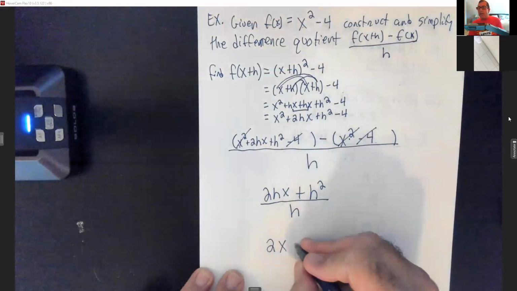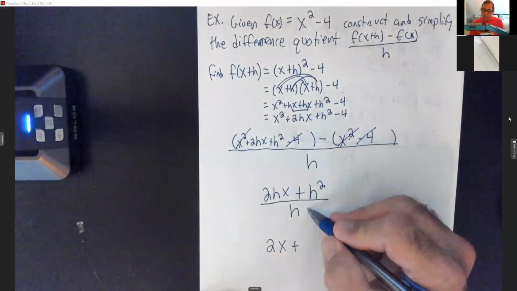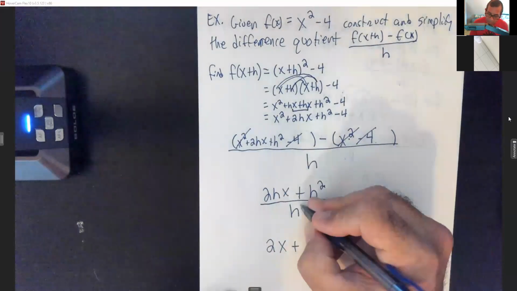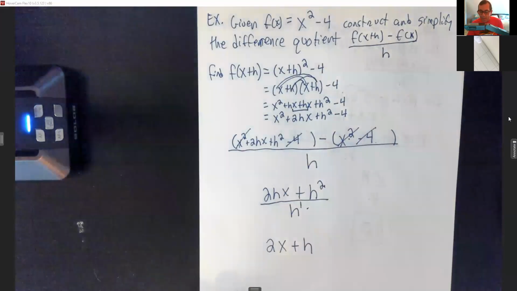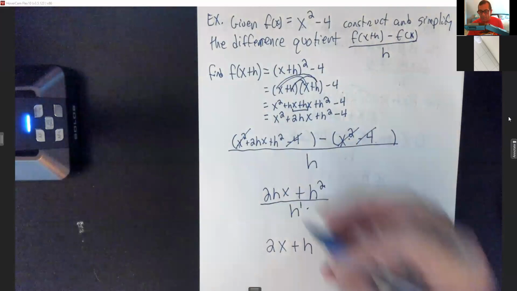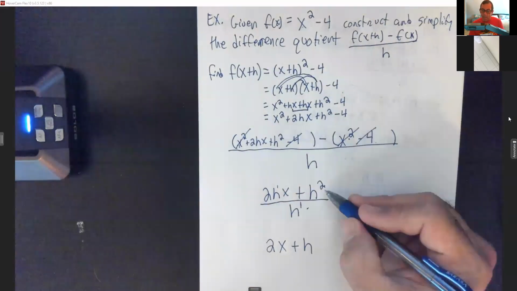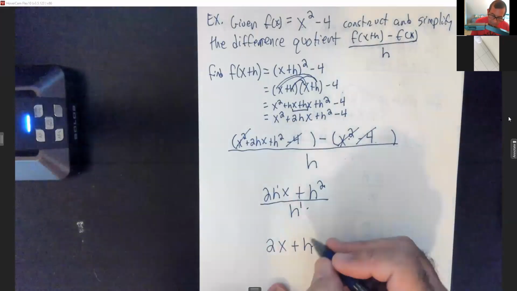Over here, you got an h squared divided by that h. So what you would do was subtract exponents. 2 minus 1 would leave you 1h. And you could have done that here. 1 minus 1 was 0, so those h's canceled. And then 2 minus 1 left 1h there. And y'all, nothing else you can do to that. So that would be your